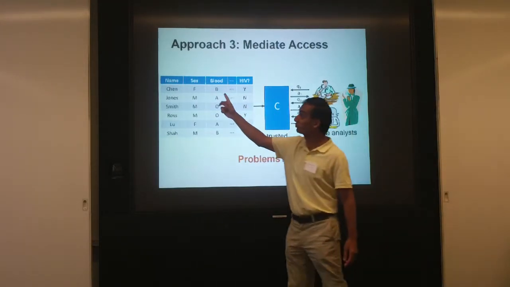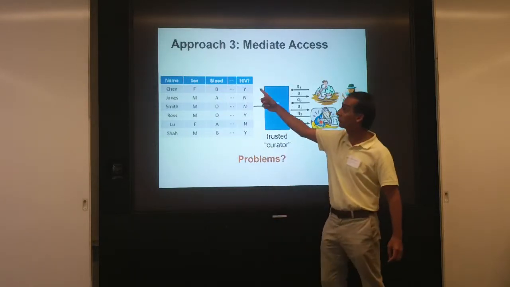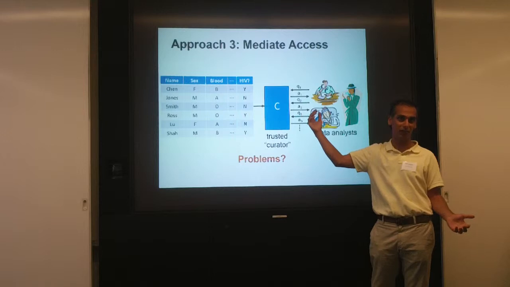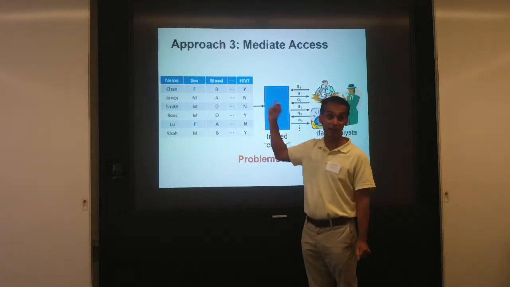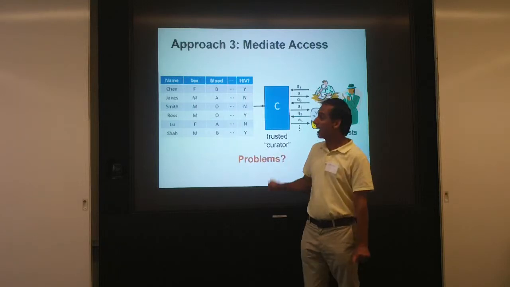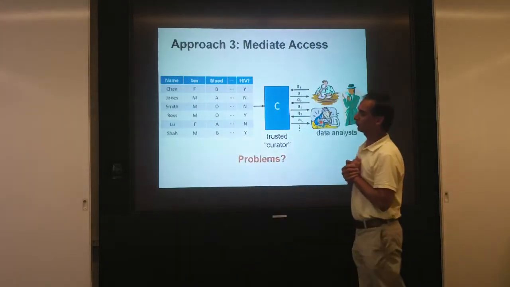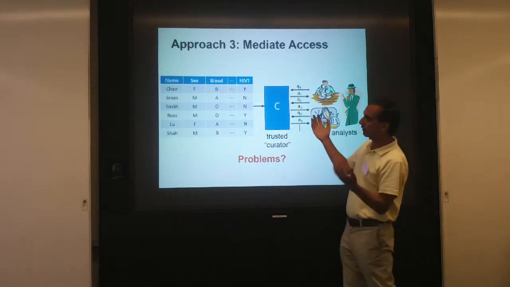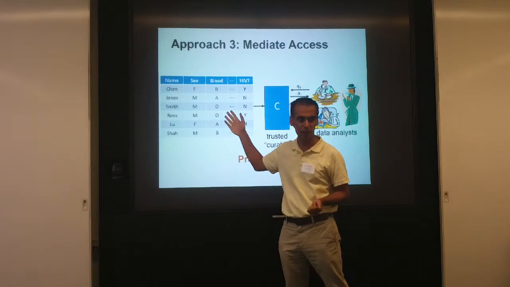And let's say you knew the sex and blood type, right? So you knew these characteristics. You don't know this one, but your answer, whether it's 0 or 1, tells you the sensitive attribute. And, well, all right, maybe you don't let people ask about names. We remove that. Well, for the same reason that we talked about before, by asking queries on the other attributes, you could pull out